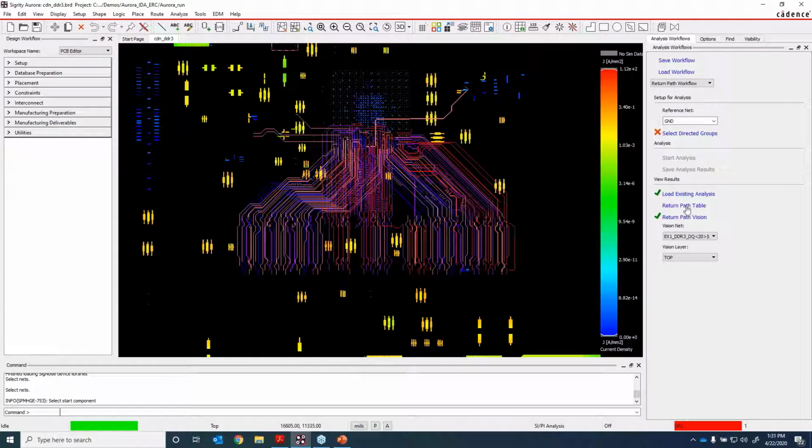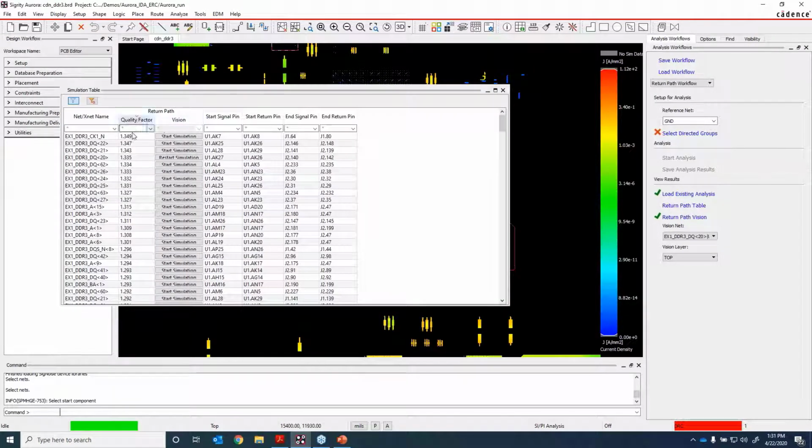And then here it's going to basically give you a return path table. Again, you can look and see what quality factor it has and how that affects this. Like I said, this board is pretty good. It's got some pretty decent ground planes defined for it, so you get a pretty good quality factor for return paths on most all of my signals. I did run an initial simulation for one of the data bits just to show you what you can do